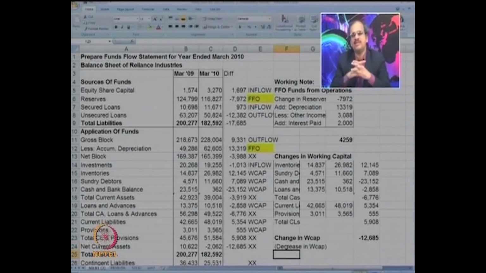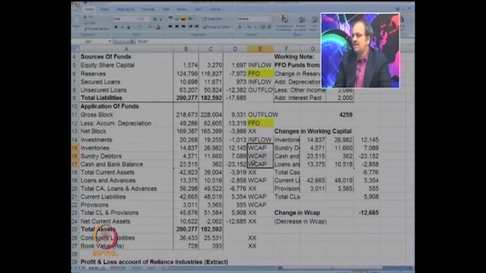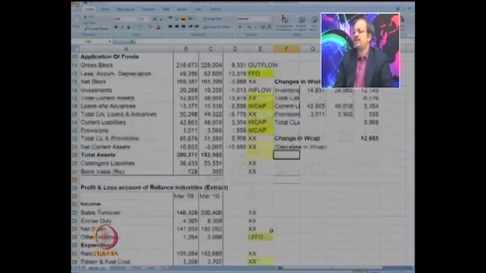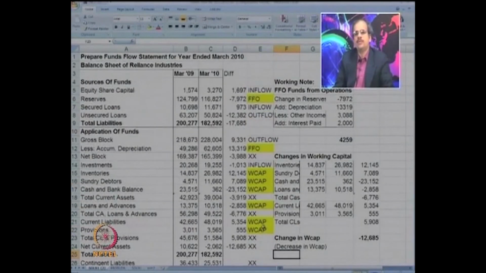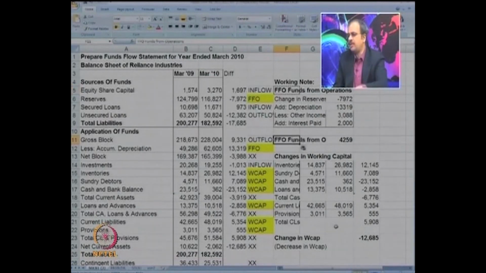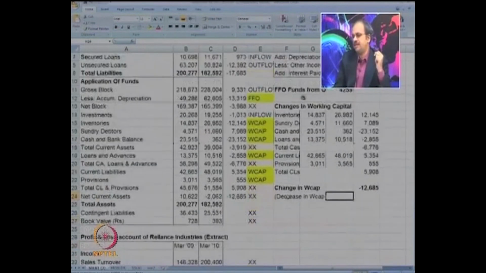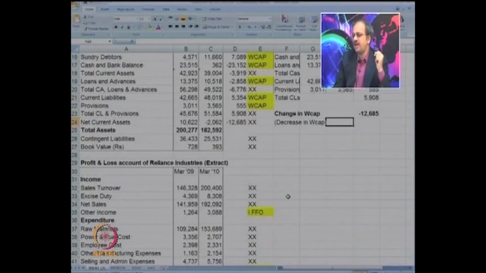For more clarity, I am specifically writing that since the figure is in negative, it represents the decrease in the working capital. So now we can mark all these W cap items because we have recorded them. Fine. Take a look, there is no other item left now. Now we have to go to the main statement wherein we will record all the inflows and outflows as given, and we will also take the items which are taken from working note, that is funds from operations and decrease in the working capital. So now let us try to make the final statement, that is the statement of fund